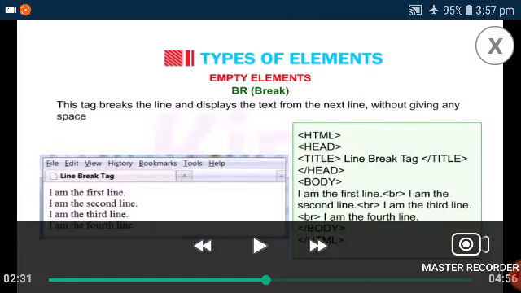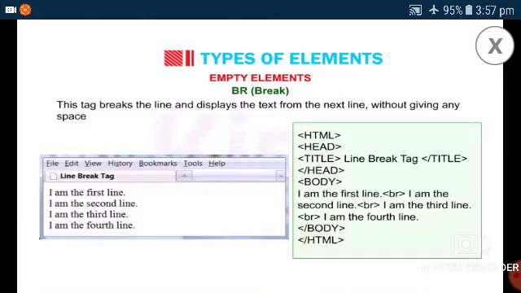So, in MS Word, if you want to go to the next line, what do you do? You press the enter key, and automatically the cursor will move to the next line. But in HTML, when you write a program, each and every line needs some tag.